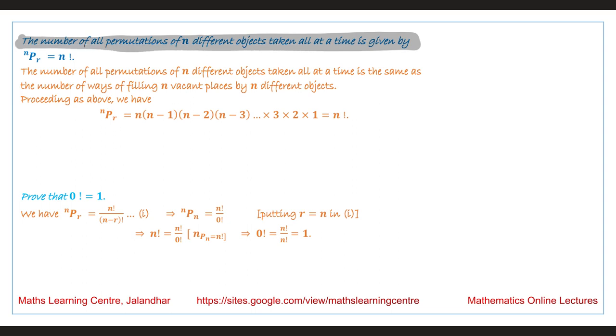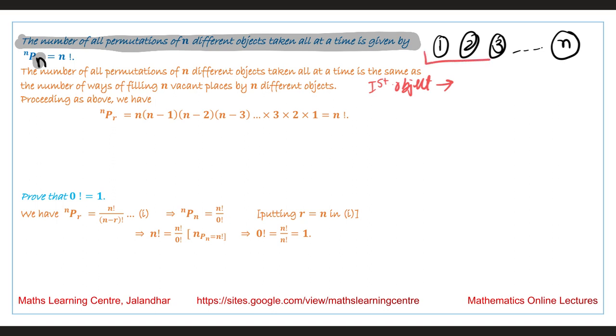So we are talking about the case nPn. Suppose we have n different objects: first object, second object, third object, and so on up to n objects, and now we have to choose n objects out of this. So at the first place, when we are choosing the first object,